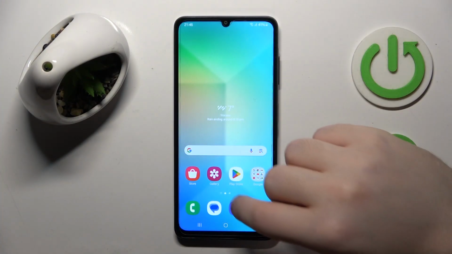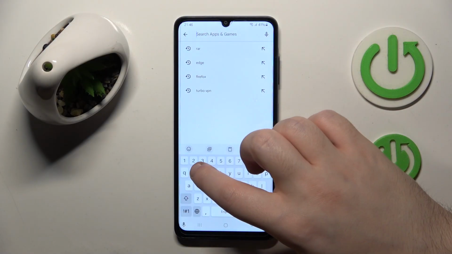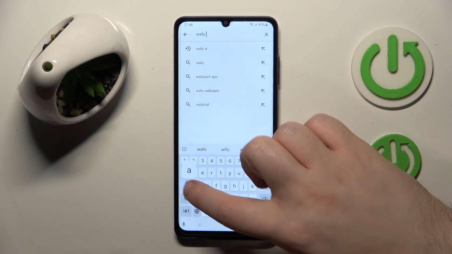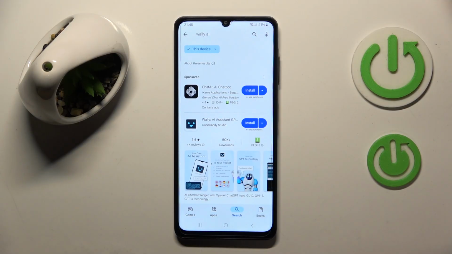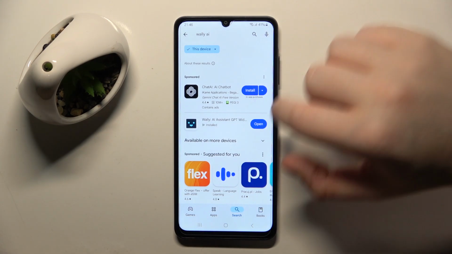So you have to start by opening your Google Play Store, then click on the search bar and type in Wally AI and click search, and now click install. Now click open,